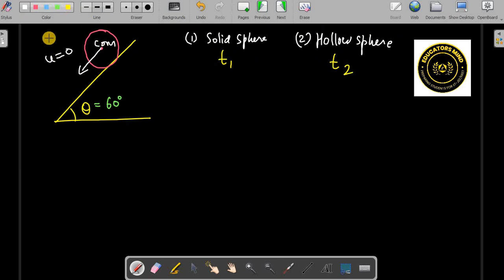So which will reach faster? Suppose they ask, faster means t1 will be smaller or t2 will be smaller. Time to reach is smaller, that is faster, right? So which reaches early, so time we can compare. Time formula, if you see, time is 1 by sin theta root under 2h by g